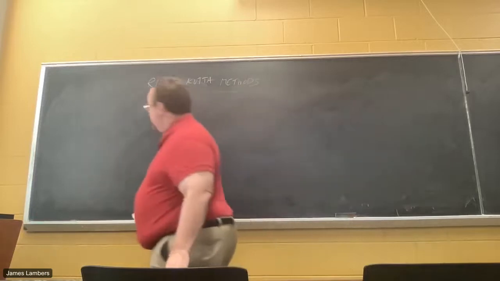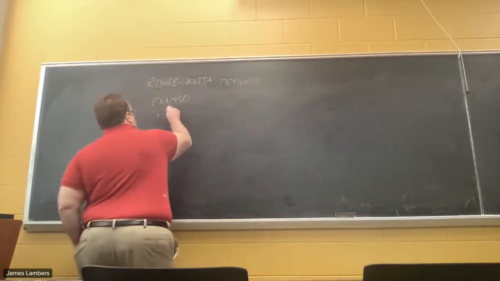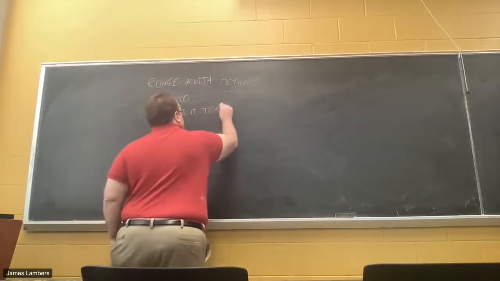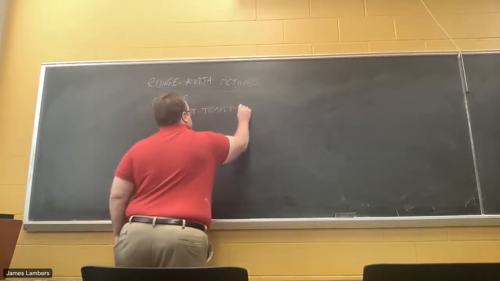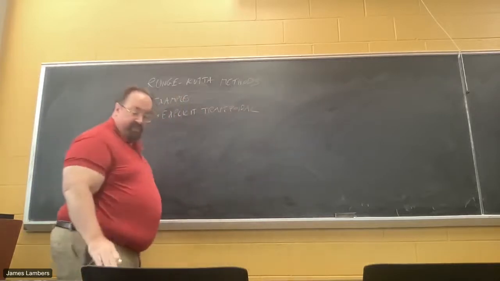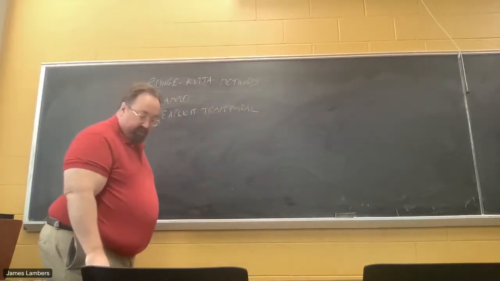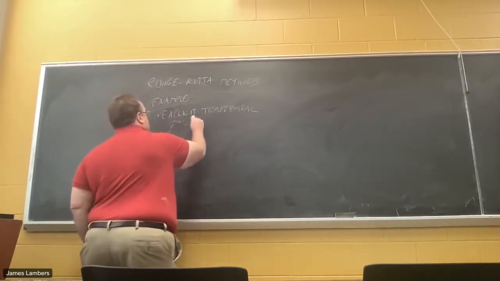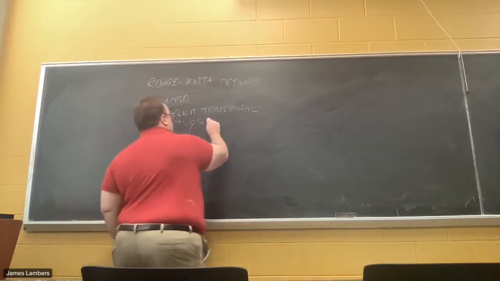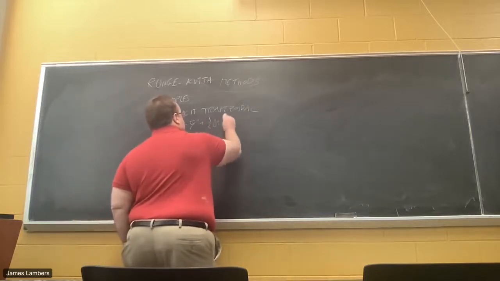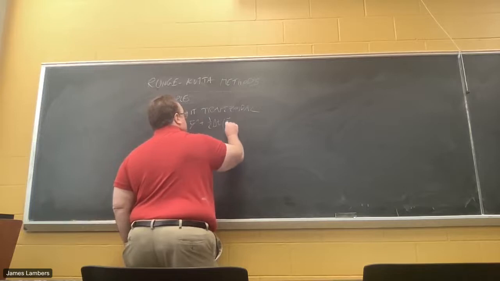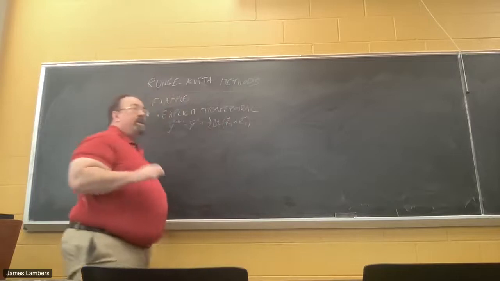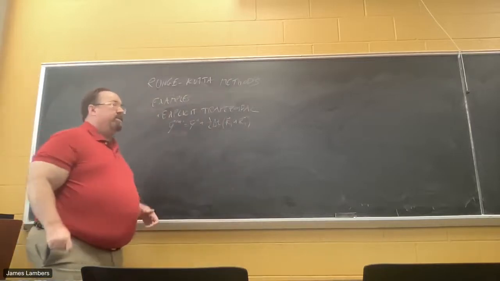All right, next method is explicit trapezoidal method. So we have y_{n+1} equals y_n plus 1/2 delta t, k1 plus k2. Now, if you remember trapezoidal rule for integration, what you do is you approximate the area under